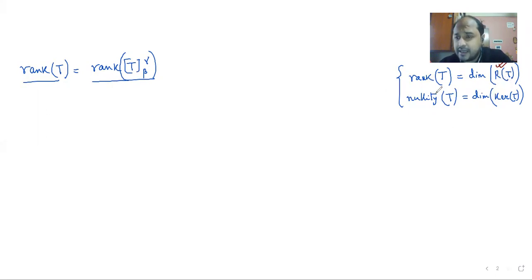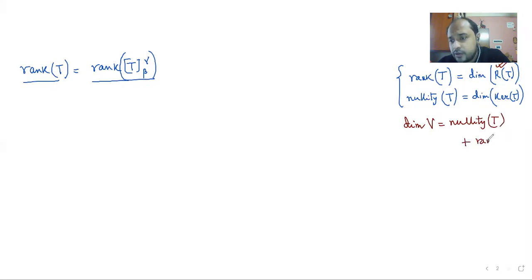You have to consider the basis, the span of beta, etc. Many things we have to do, and after several calculations, we have to find the rank of T. Sometimes it becomes very difficult to obtain directly, so we can also use the dimension theorem. The dimension of V is equal to nullity of T